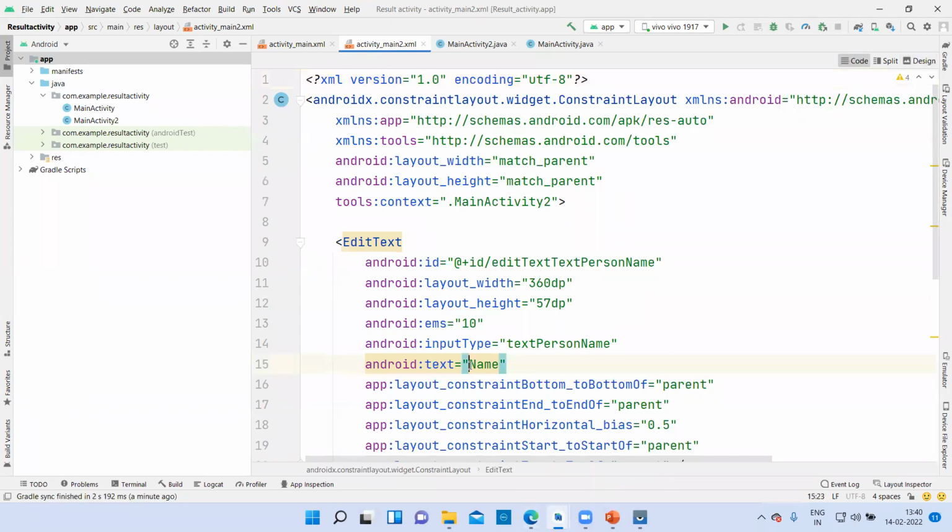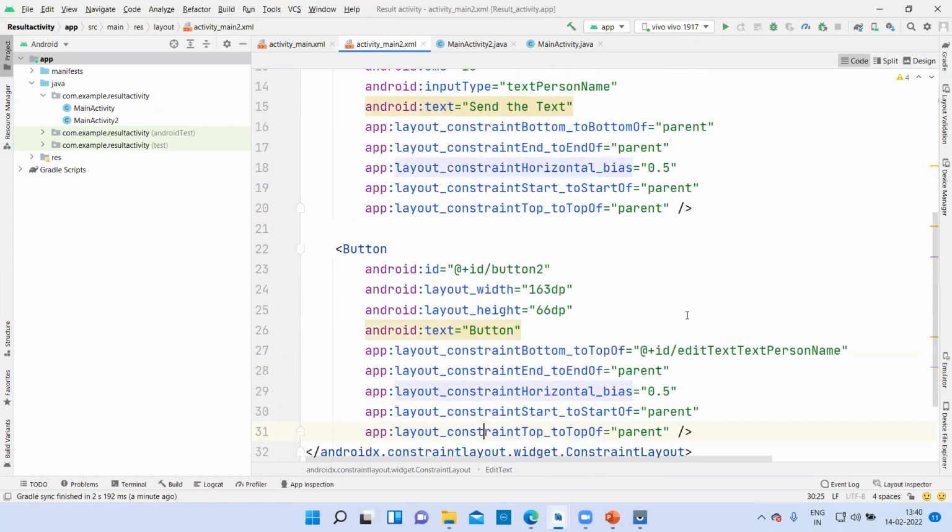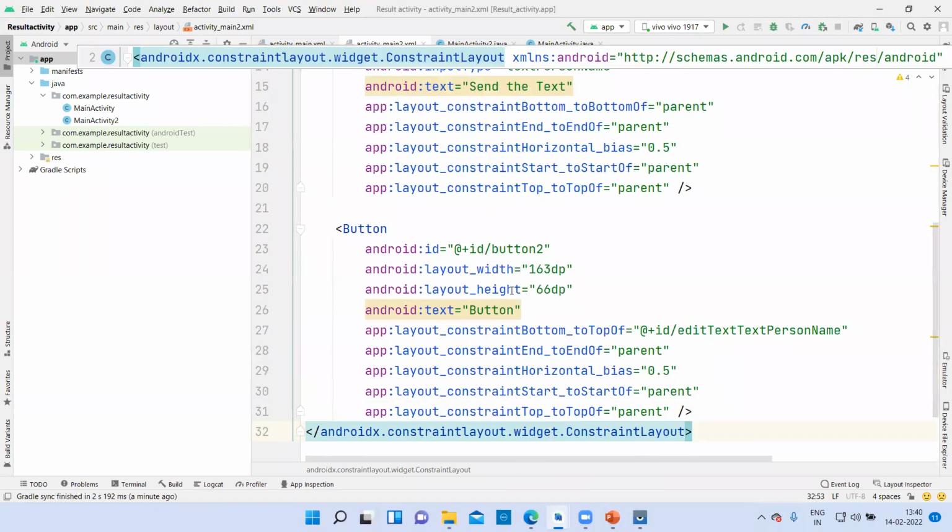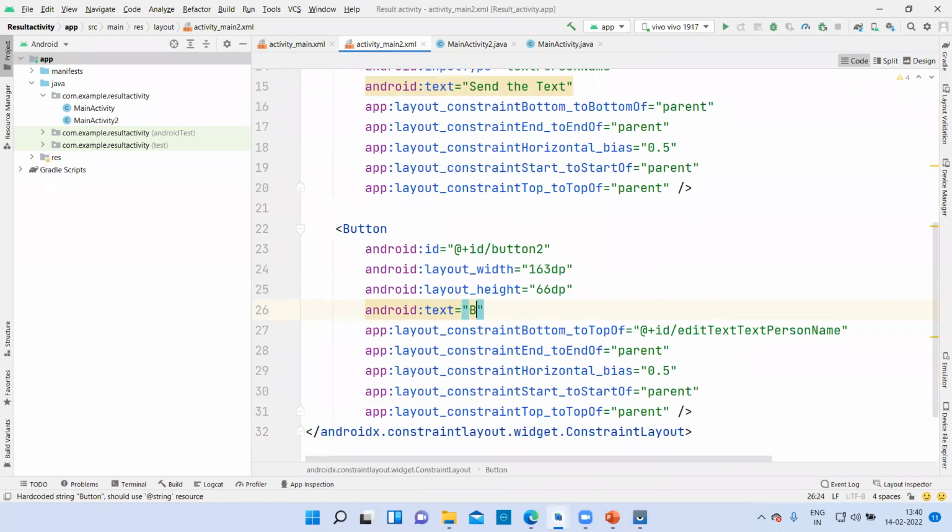So first of all, edit text name should not be there. It should be received text. Right? Whatever you are receiving, or sorry, sent text. Send the text. Next, you will do the button click. Okay, back to home.